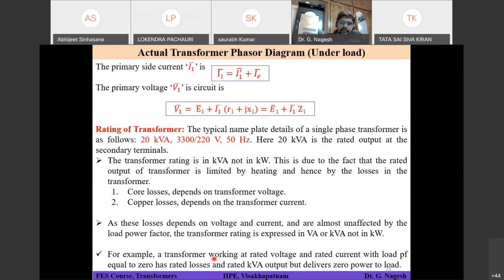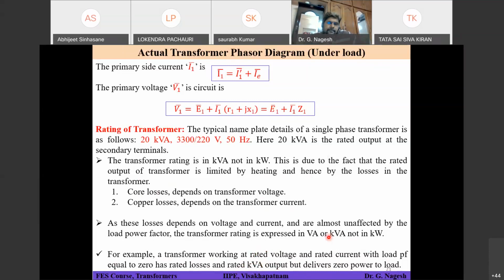But what is the real power supplied on the secondary side? The real power delivered is 0 because real power is confined to the resistance. But in the present circuit, you have a purely reactive load on the secondary. That means the real power is 0, but the reactive power is going to flow in the transformer winding. And kVA is the root of real power square plus reactive power square. Even though real power is equal to 0, reactive power has some magnitude. That means kVA has some finite value. You got it? You are understanding, na?